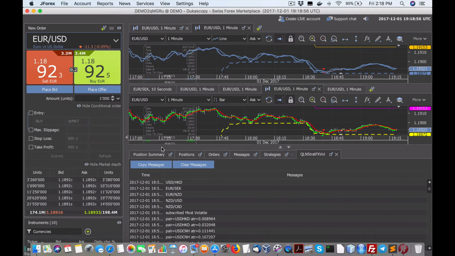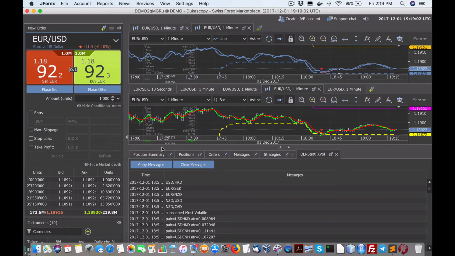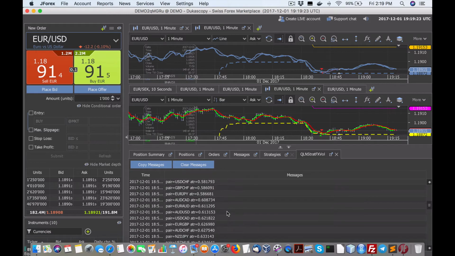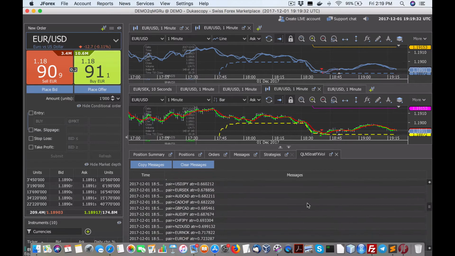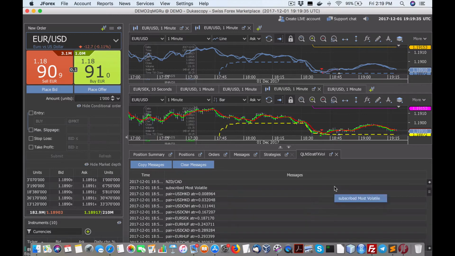What can happen is that in Duca's copy, J4X, there's a different set of methods where, when there's an on bar event for that currency pair, it will raise my on bar method, and then it will go in and do all the strategy logic, check the pricing, and do any orders and close them up. Because there are so many of these on a 1 minute basis, it for sure does not work on a 10-second basis. Forget tick. But even on a 1 minute basis, I've found it weird where I would get,